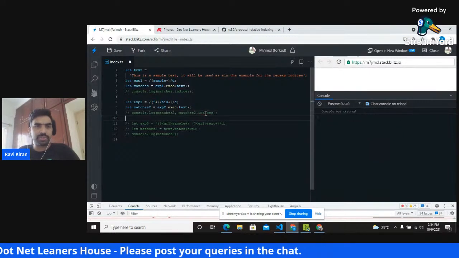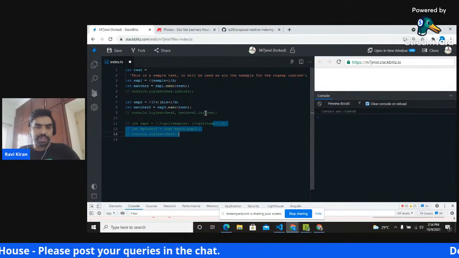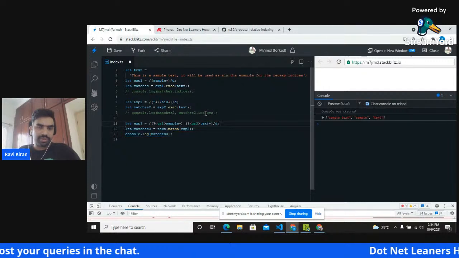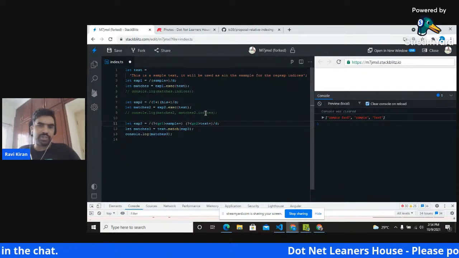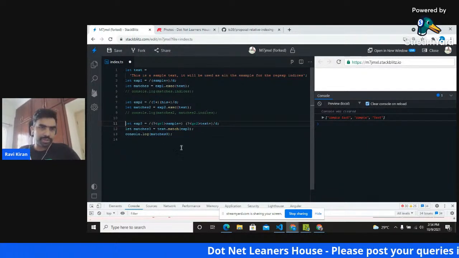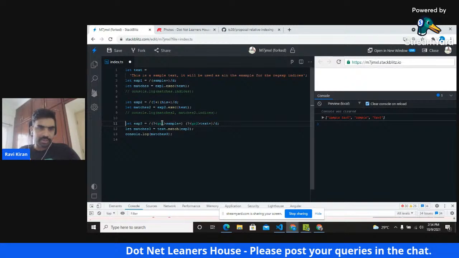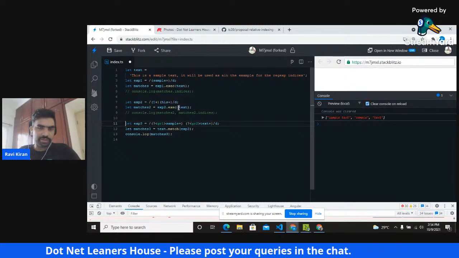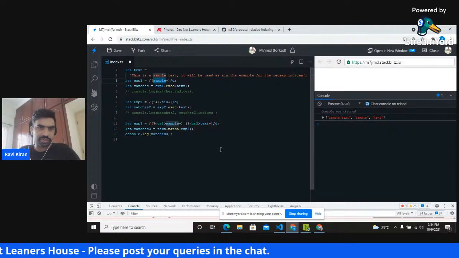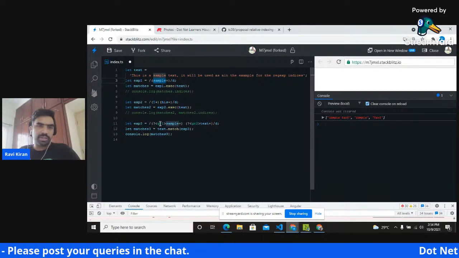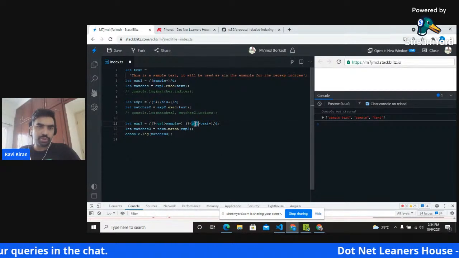Now it's also possible to define groups inside the regex, and you will get the details of the groups. Here we have slightly improved the very first regex that we created. We have defined two groups, group 1 and group 2.